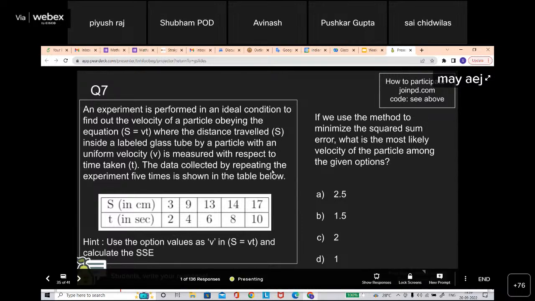Okay. The data collected by repeating the experiment 5 times is shown in the table here. So S is given, T is given, V is varying here. So if we use the method